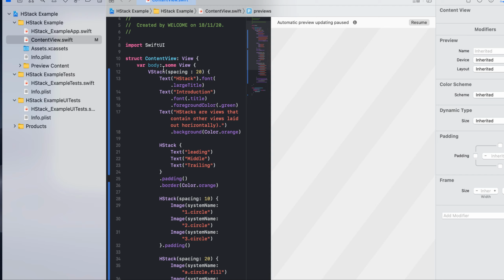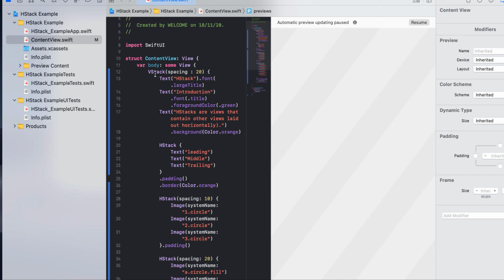Look at that first. So you must know that HStack always arranges the views in a horizontal fashion, right? So first, the upper container is a VStack. Within the VStack, it has three text items.